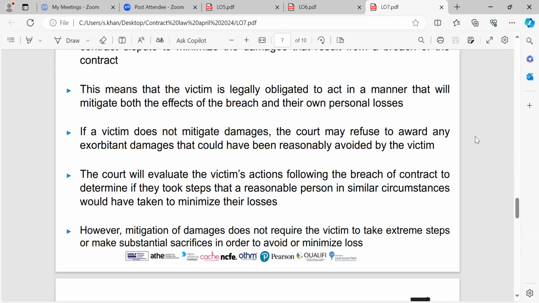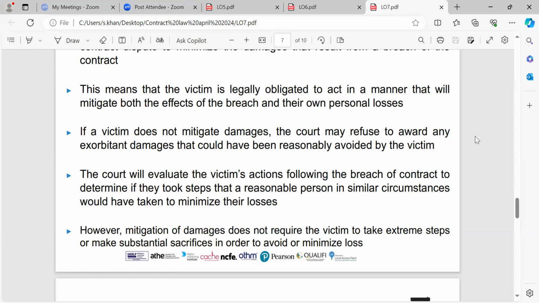There are some examples of mitigation of damages. A mitigation clause in a contract outlines the parties' obligations to minimize losses in the event of a breach. In an employment contract, if an employer terminates an employee without cause, the employee is usually expected to mitigate damages by seeking similar employment. If the employee finds a new job at a lower salary, the original employer might be